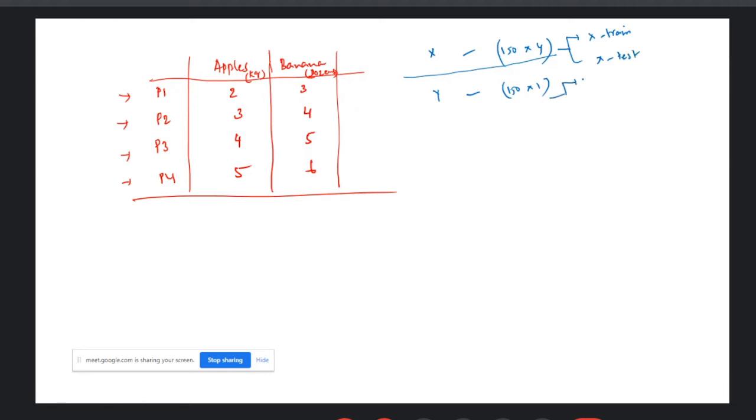Similarly, Y will be split into Y train and Y test. That means the samples I used for training have their corresponding labels in Y train, and the samples I kept for testing have their labels in Y test. Like this, it will do it automatically without any biasedness.